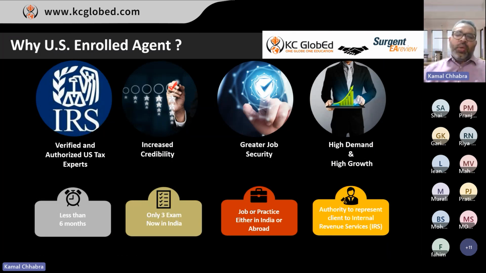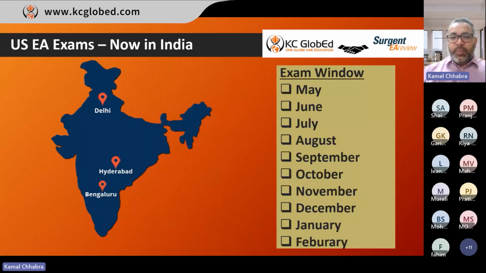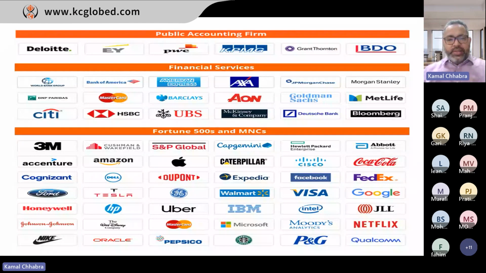It covered majorly three questions or subsets of the question. First one is what are the demands and opportunities? Second is what is the career path for me? Third one is from where do I get the certificate? Fourth one is which company would be hiring me? Hope this three-page slides which we have discussed might have answered your question why I should think about doing a US Enrolled Agent course.